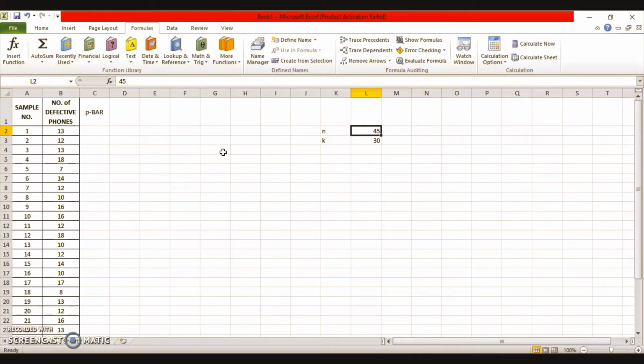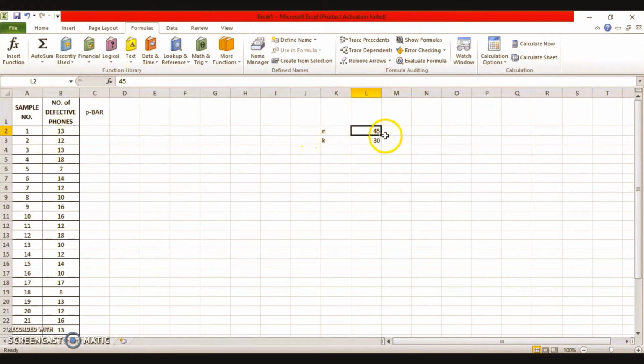A quality controller randomly inspects 45 mobile phones at the end of the production each day and notes the number of defective mobile phones, and the number of defective phones found each day has been recorded in this data. So from there we know that 45 mobile phones have been inspected, and every day the number of defective mobiles has been recorded in this data sheet.